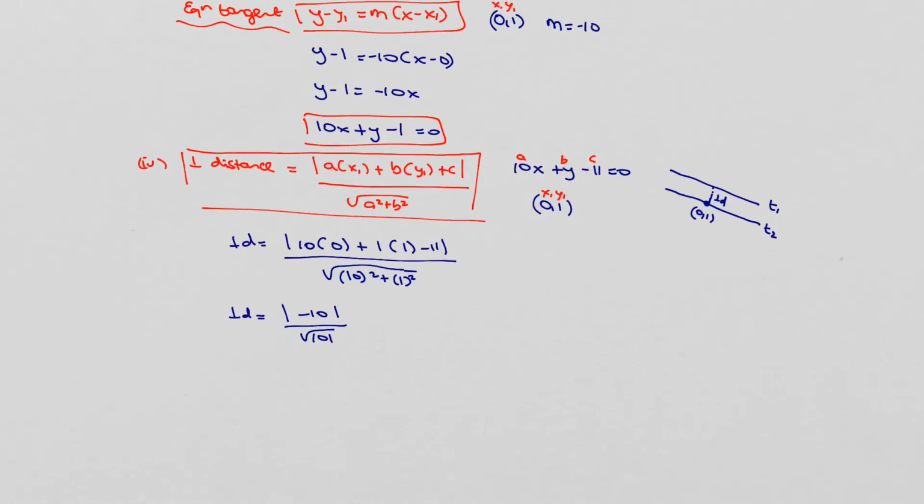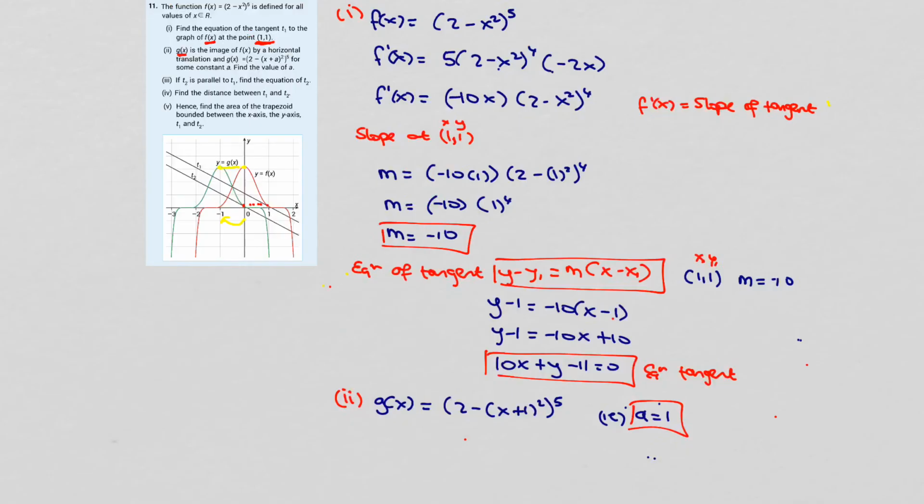And of course then that can be written as 10 root 101 over 101, or you can keep it as 10 over the square root of 101. Okay, so part 5 then says, hence find the area of the trapezoid bounded by the x-axis and the y-axis,